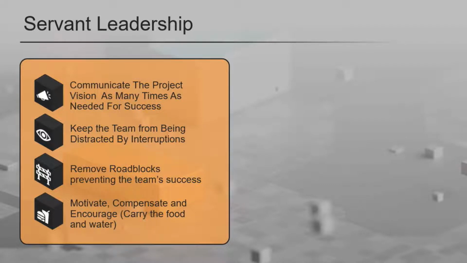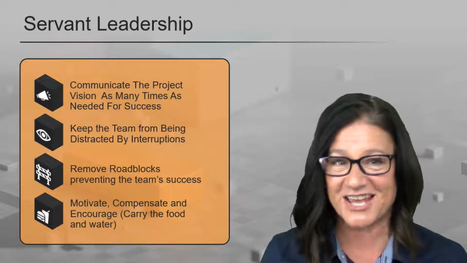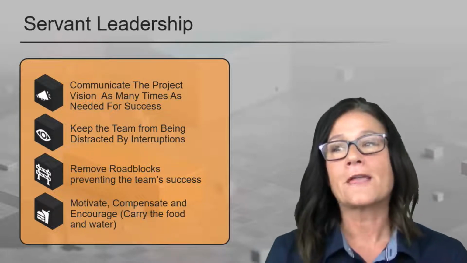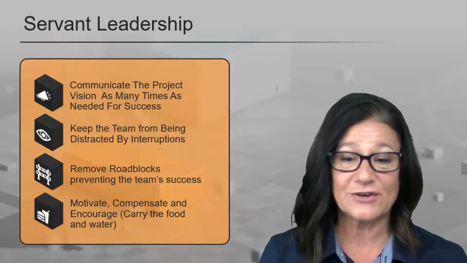A lot of this is going to be more clear as we go with Agile, but the goal really as a servant leader is to communicate the project vision, perpetuate the vision as often as possible. Keep the team on track. Here's the big picture. Here's why we're doing this. Keep the team from being distracted by interruptions. That could be something that comes up too, where you've got stakeholders that are trying to get involved in things that they have no business getting involved in, like a daily stand-up meeting, for example,